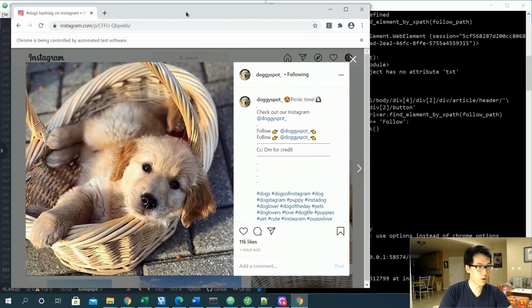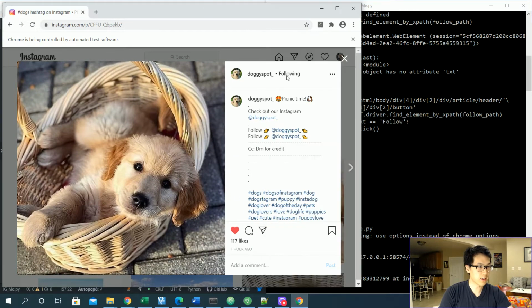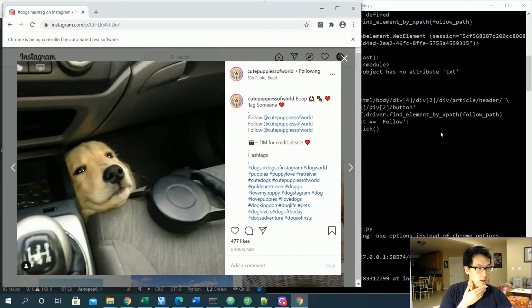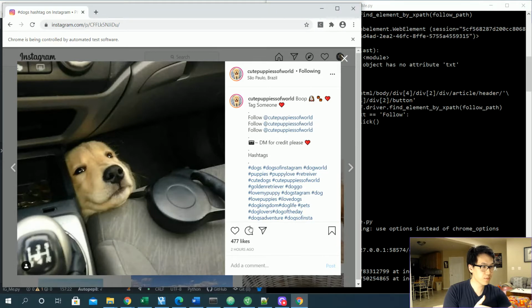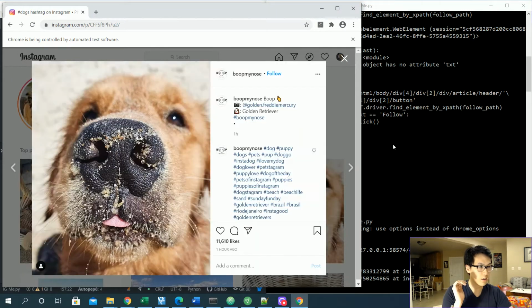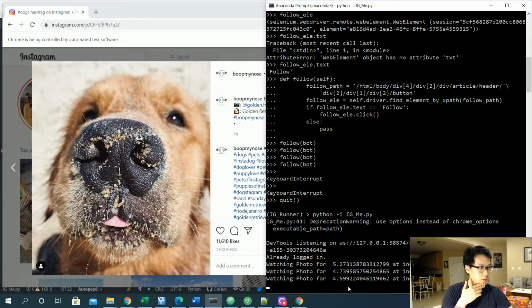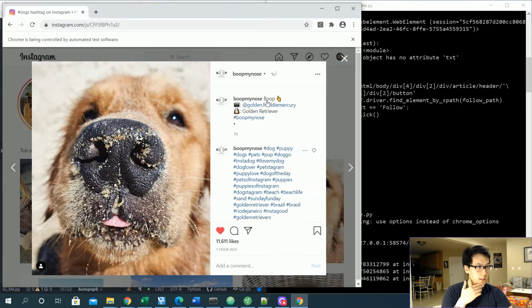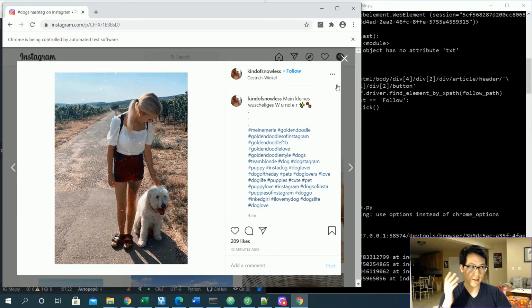It's watching the photo for 5 seconds. Okay, or 5.2. It liked it. It's already following that person. Great. Now this should be liked as well, and we're already following that. So nothing happens there. Now we should be following and liking here. Okay, this is watching it for 4 point something. It liked it and it followed. Yep. So just do that for the next 5 or so seconds,